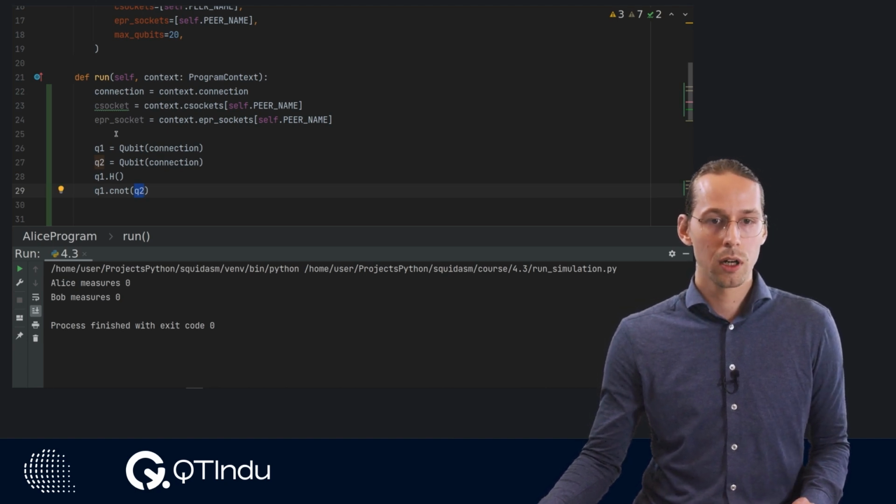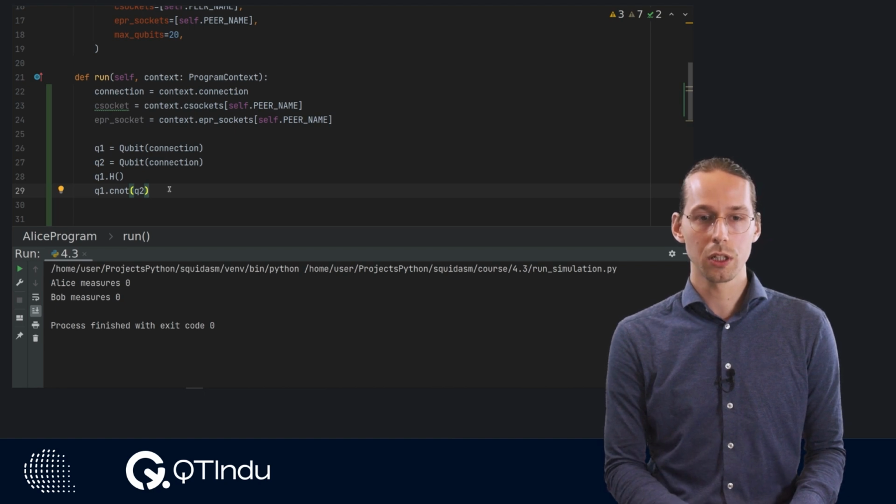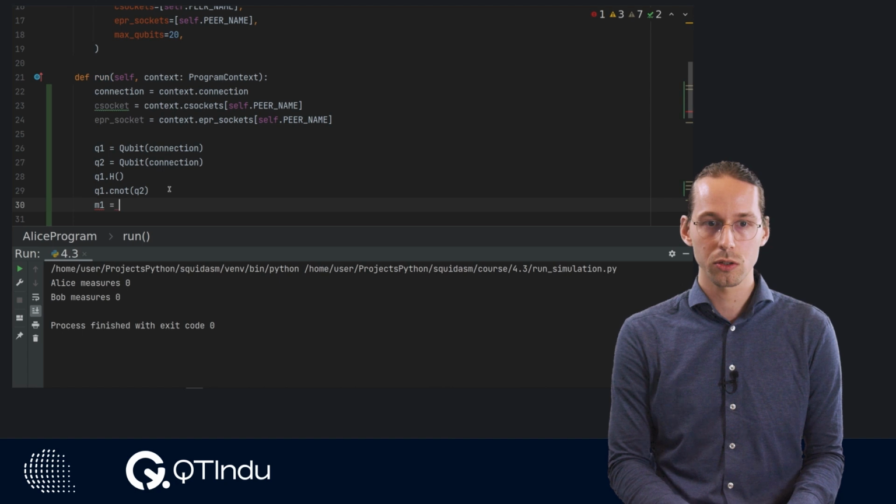So we now have a small circuit where we first rotate the first qubit and then apply a CNOT, and that will entangle both of these qubits with each other. And then after that, we will perform measurements of both qubits.